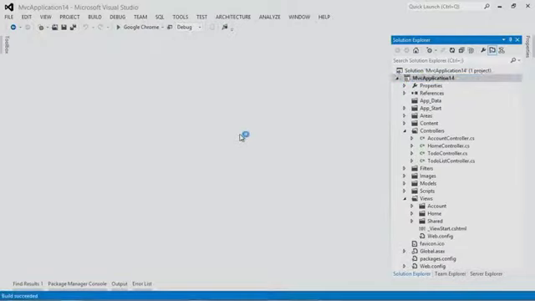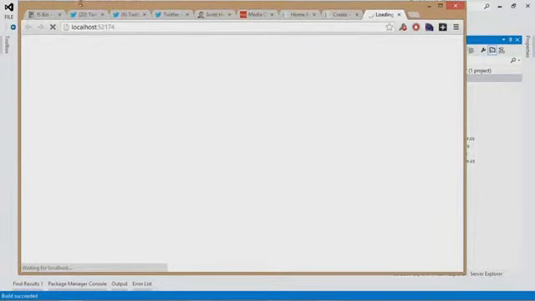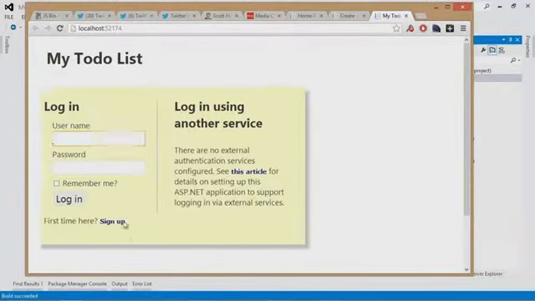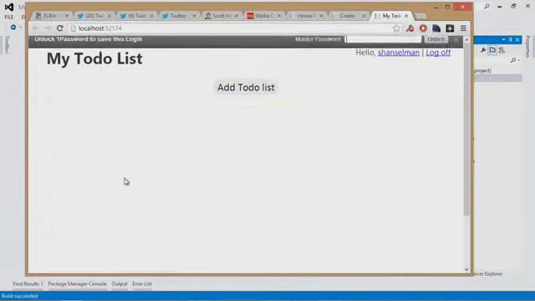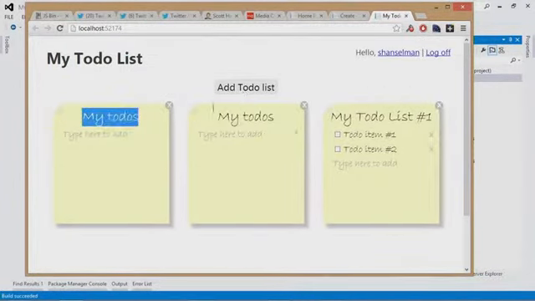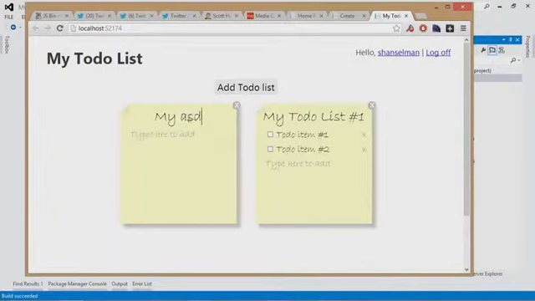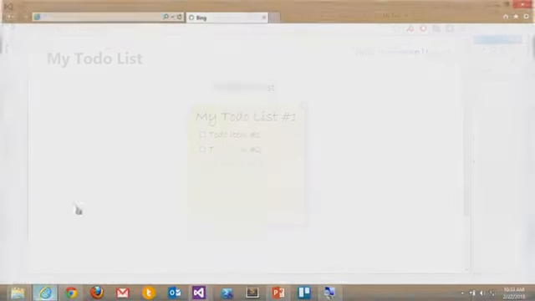So if we run this app, our little single page application, out of the box, we're going to get a little to-do list. Notice the URL isn't changing. You see? I'm adding lists, deleting lists, renaming stuff. The URL hasn't changed. Now if we go and look at that in some browser tools,